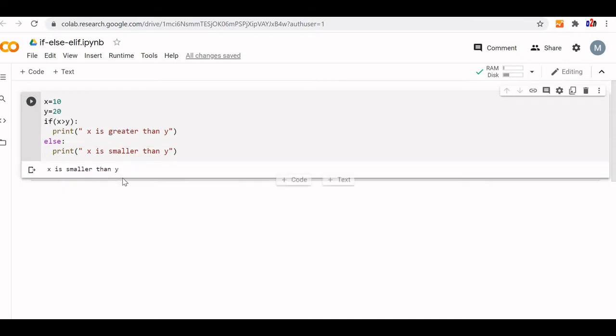x is smaller than y. Now if you change this, let's see what happens. We are making this 20 and this 10. So let's run it. x is greater than y. So here the condition is checked. If this condition is true, then this part is executed. If it is false, then this part is executed. So that is the basic